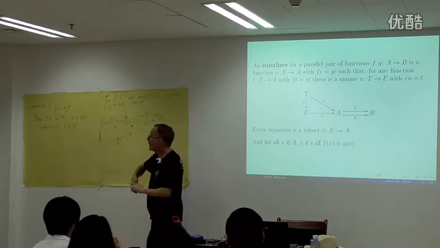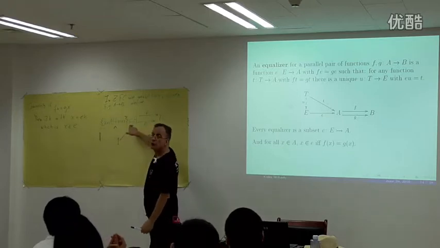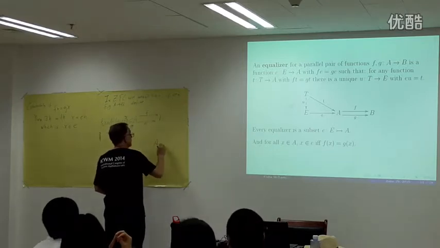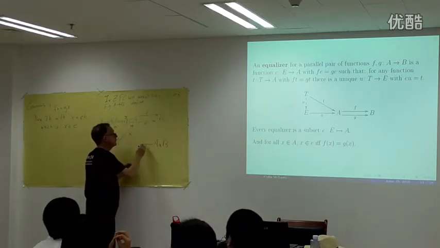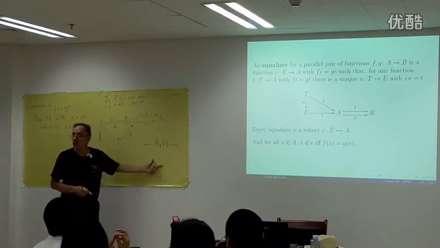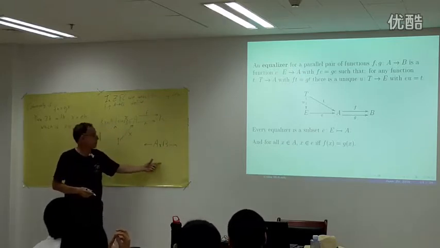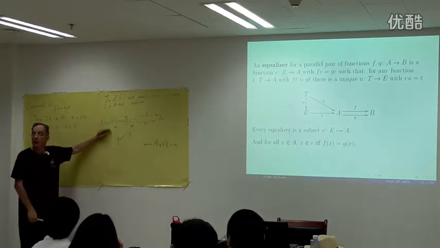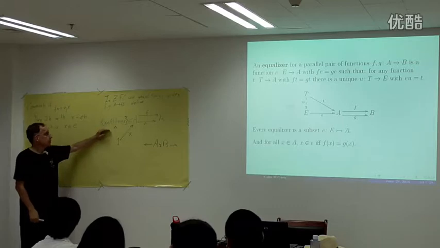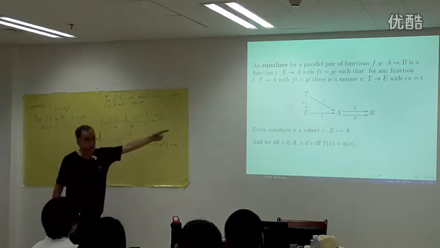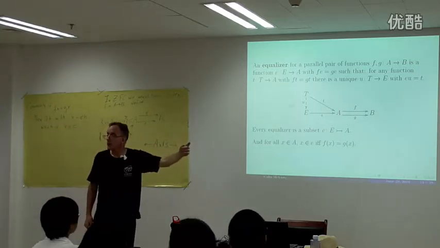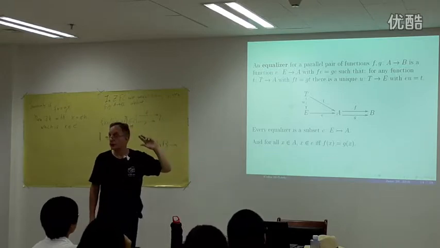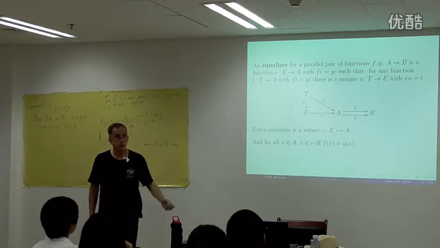They'll use this notation. I will use this notation as a selected equalizer. Remember, I've already said I'm going to use this notation to mean a selected product for A and B. I'll write this way for a selected product. But it has no different properties from any other product. I will use this notation for an equalizer, a selected equalizer. But all I know about this thing is it has that property. It's a fine notation, but on my foundation it's not understood the way it is in ZFC. ZFC is fine for what it does, but